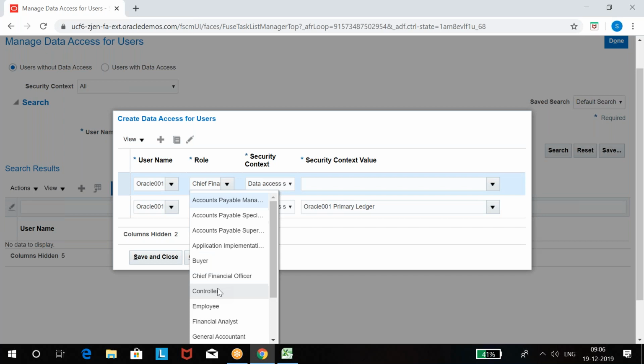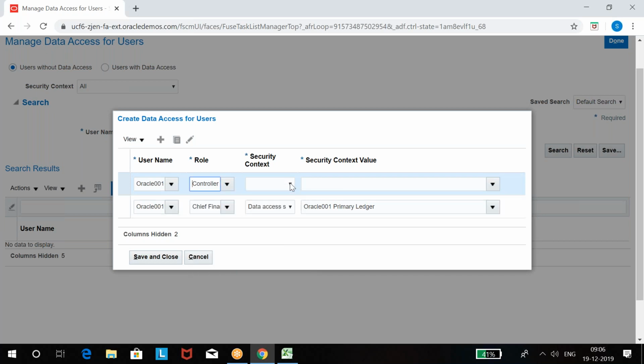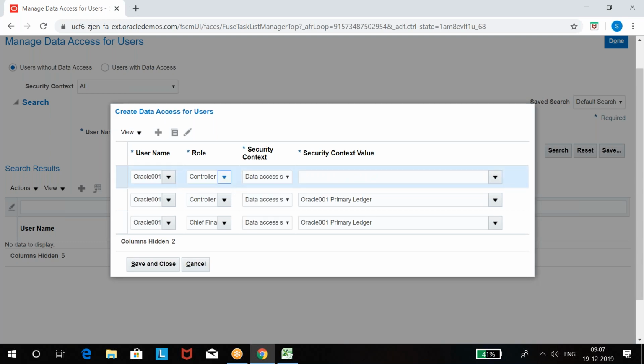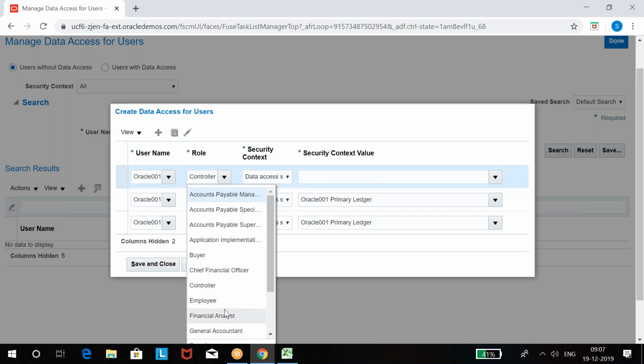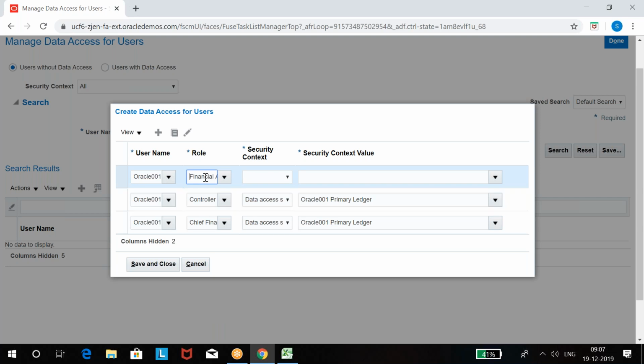Controller, data access set. It will remove the moment you change the role name. See, if I change the role name, automatically that will be removed. Because for this role, what do you want? The system asks you to select. Then you have to select it.